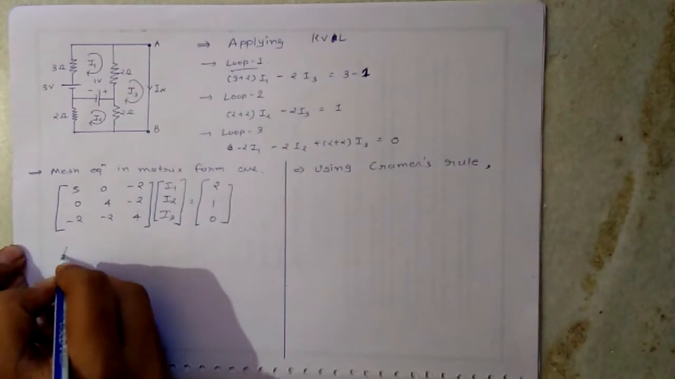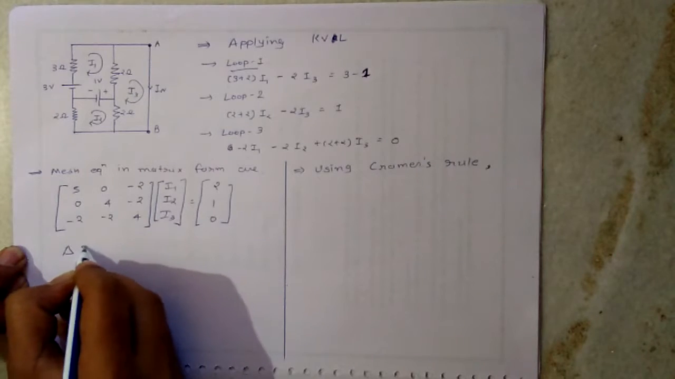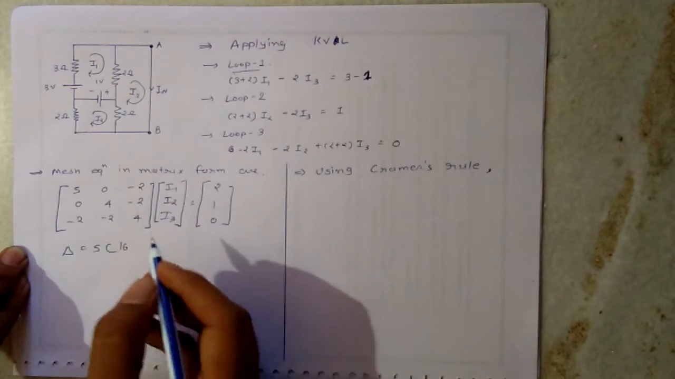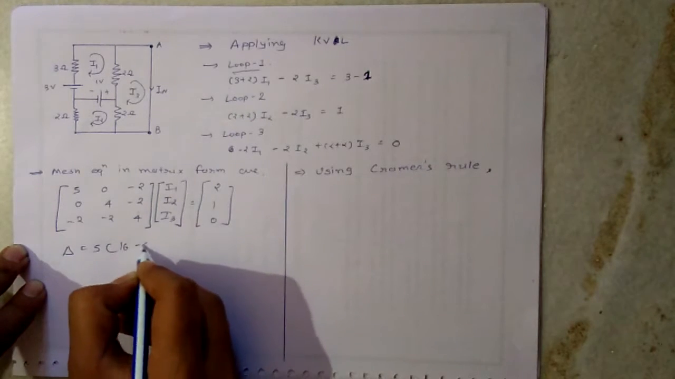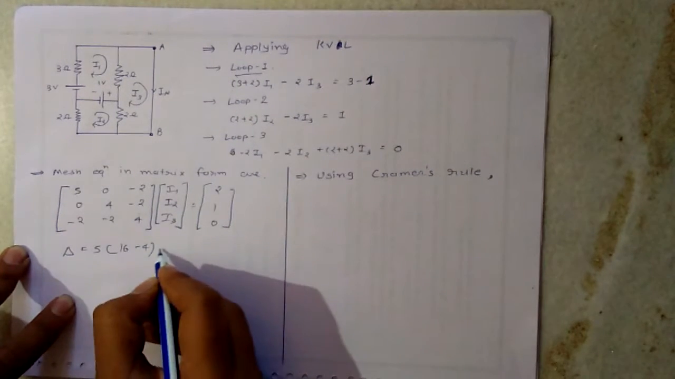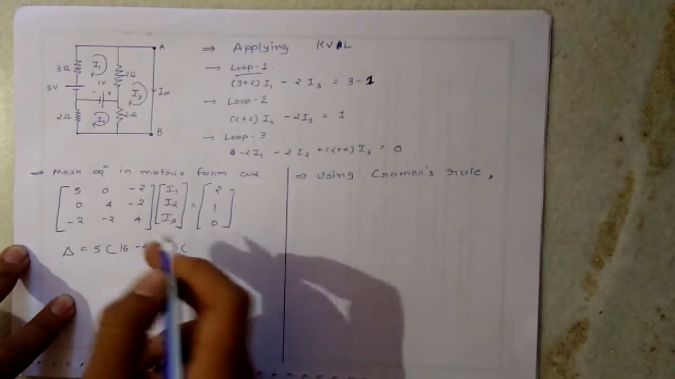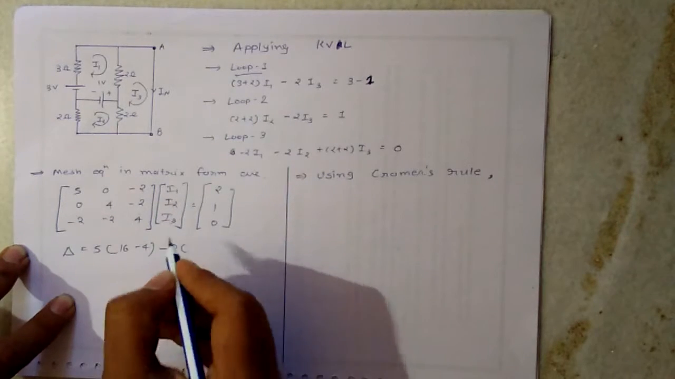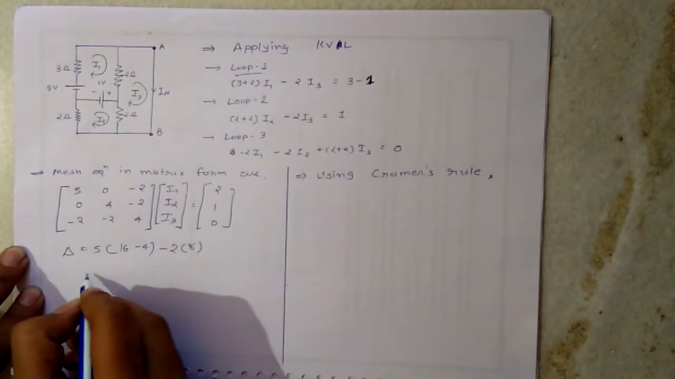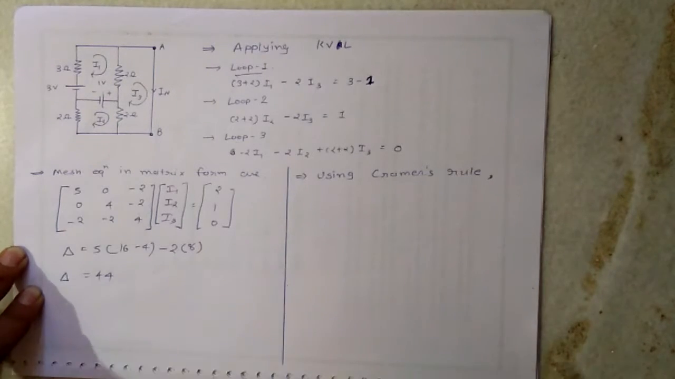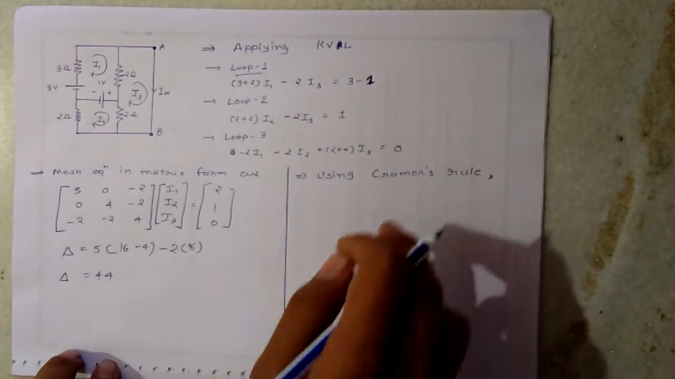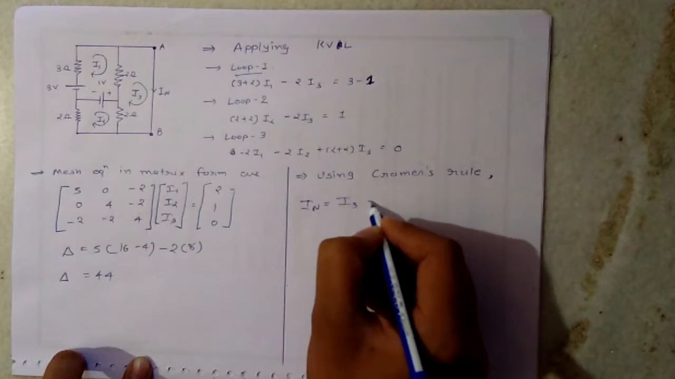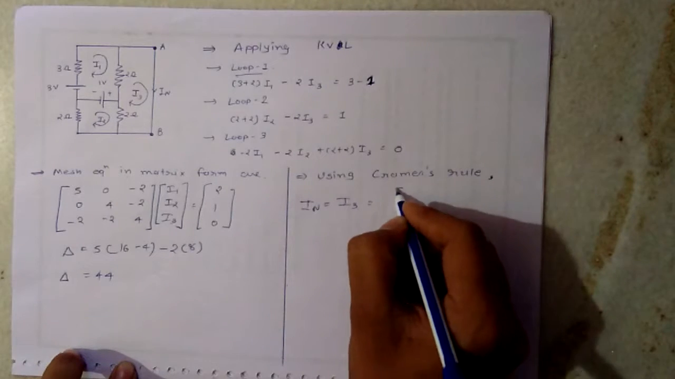Now the determinant of this matrix will be equal to 5 multiplied by 4 times 4, 16, and minus 2 plus 4, that is minus 4, minus this 2 multiplied by 0 and 8, that is minus minus plus 8, which will be equal to 44. That is the value of delta. Now using Cramer's rule, the Norton's current will be equal to I3. Now how will we take I3? I3 will be